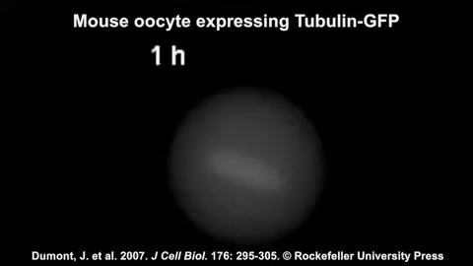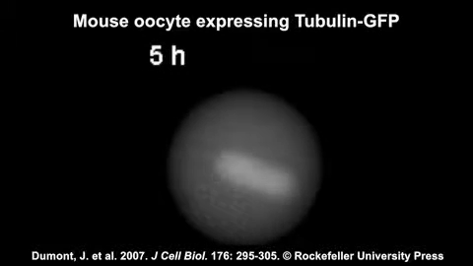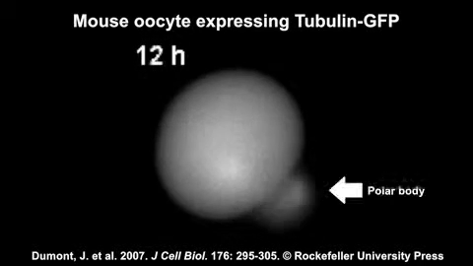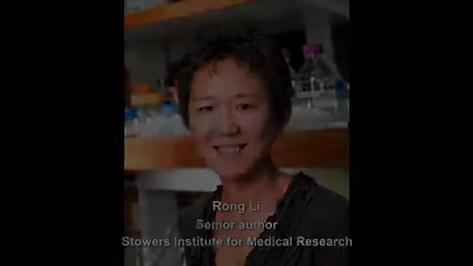During the first meiotic division of mammalian oocytes, the meiotic spindle and chromosomes move from the interior to the periphery of the oocyte, so that the cell divides asymmetrically and extrudes a small polar body. Rong Li from the Stowers Institute for Medical Research in Kansas City, Missouri, is interested in how meiotic chromosomes make